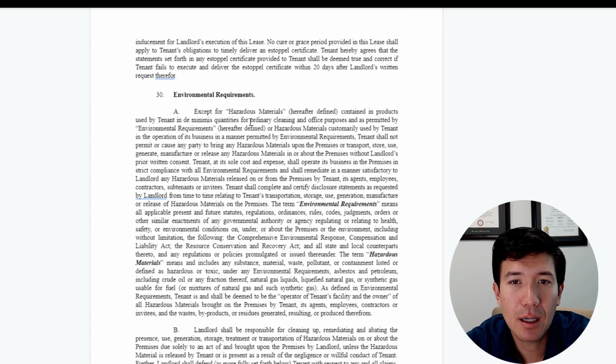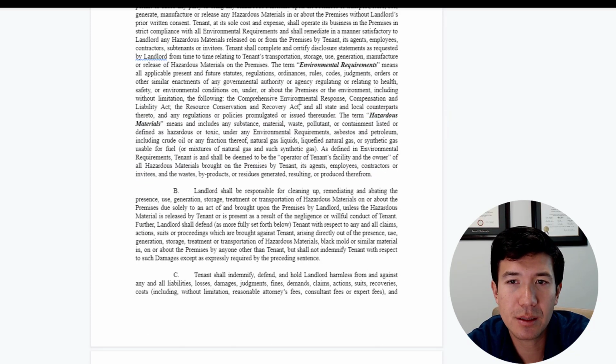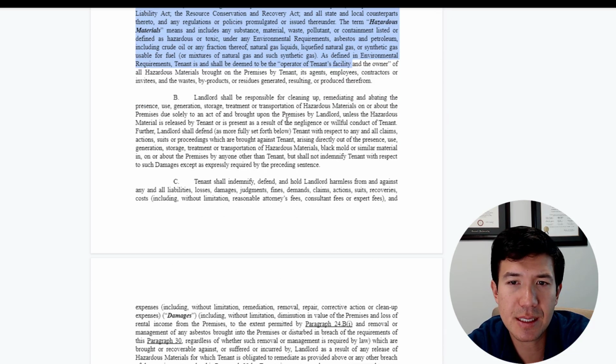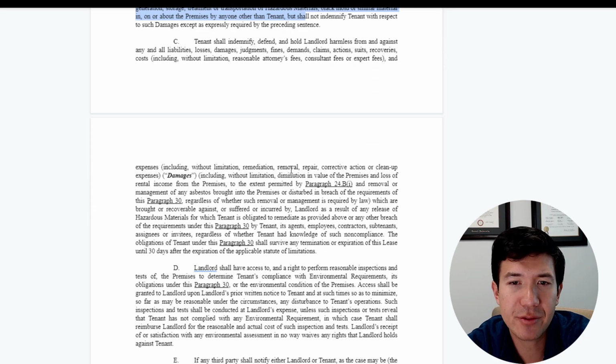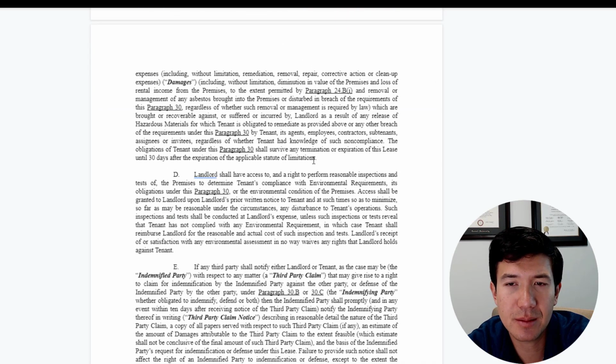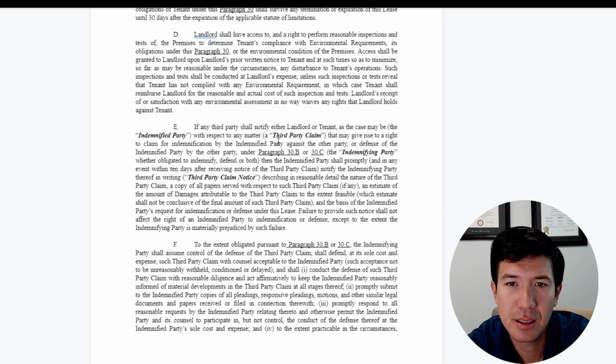So environmental requirements, again, this is important, but you really want to look at their use. In general, you as a tenant just have to agree with all these things. The landlord is not going to have much duty to review or research your actual behavior. It's more kind of after the fact. Only if a third party comes in and makes allegations will the landlord invoke these clauses.